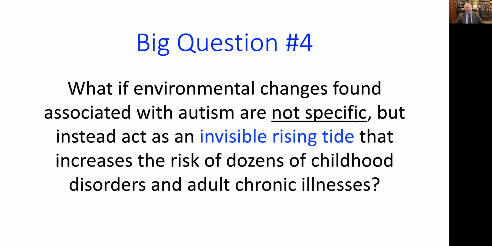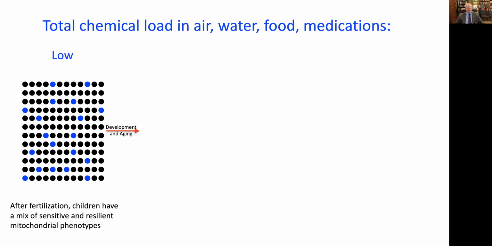So what if those environmental changes found associated with autism are not specific to autism, but instead act as an invisible rising tide that increases the risk of dozens of other childhood disorders and adult chronic disorders? So here's a model. If you look at the total chemical load in air, water, food, and medication. Martha Herbert is one that really drew attention to this over 10 years ago about this environmental toxic load. But some of the chemicals and the levels of chemicals don't have to be demonstrably toxic. They can just be sensed and reacted to by children who have